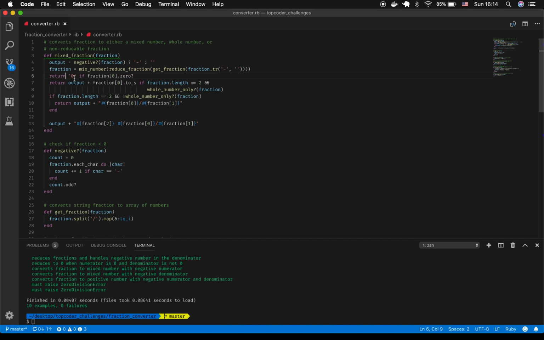So return the string 0 if fraction 0, or the numerator, equals 0. So if it is, it returns 0. However, if it's not, it will return the output. Now remember, the output is either negative or positive depending on what happened with that negative question mark method, plus fraction 0 to s if fraction.length is equal to 2, and